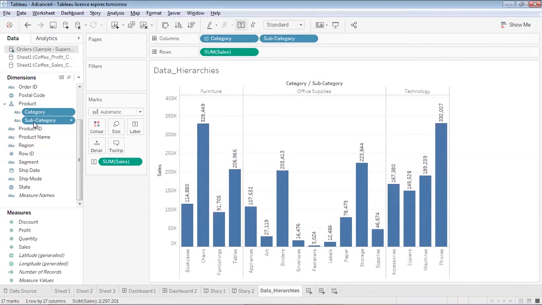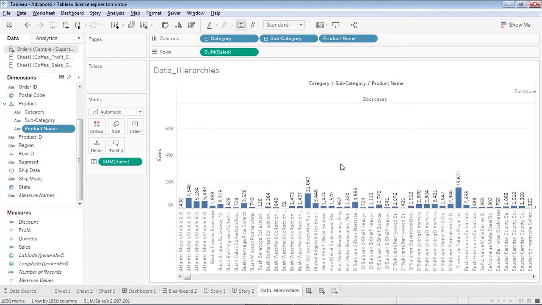Now if over here in below hierarchy, if I want to add some other field, I can do that. So maybe below hierarchy, I would like to add the product names. So what I'll do, I'll select the product name field, and I'll drag and drop it over the subcategory field. So what will happen? It will be added in this product hierarchy below the subcategory field. So over here you will see the subcategory field has got a plus sign. Now when I click plus sign over here, the sales will be further drilled down to the product level. So you can see it's drilled down to the product level.